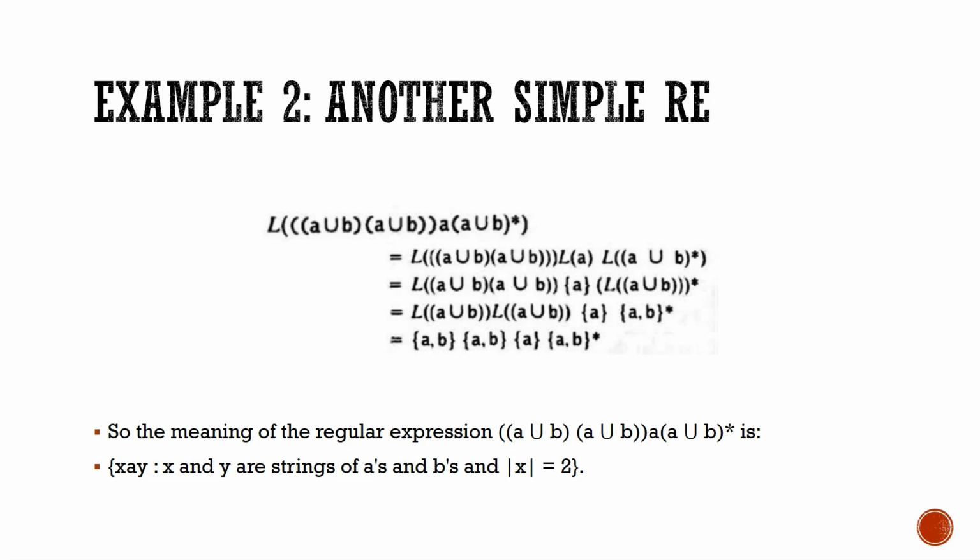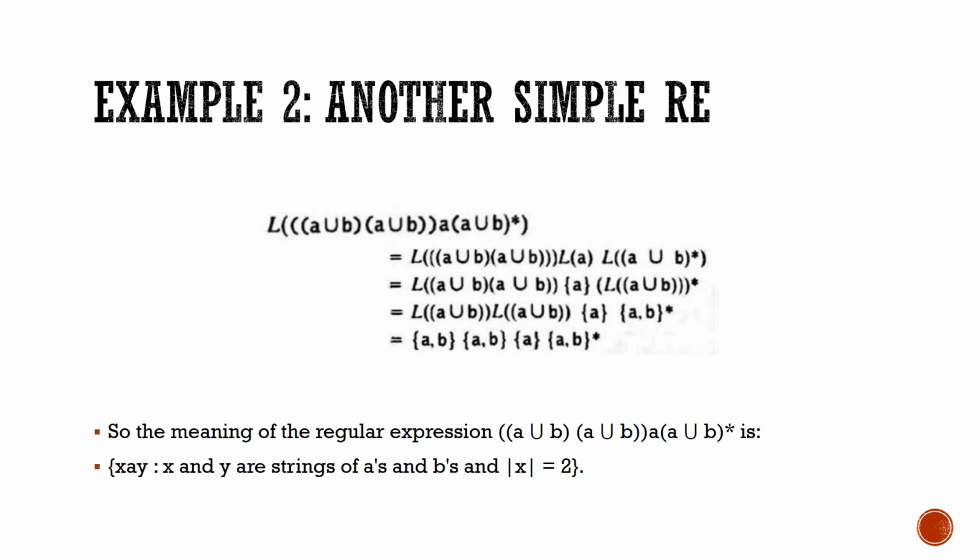The third character from the left should be an A. The first character can be anything, the second character can be anything, anything meaning A or B. But the third character should be A, followed by any number of A's or B's. Then in the other language, if you take